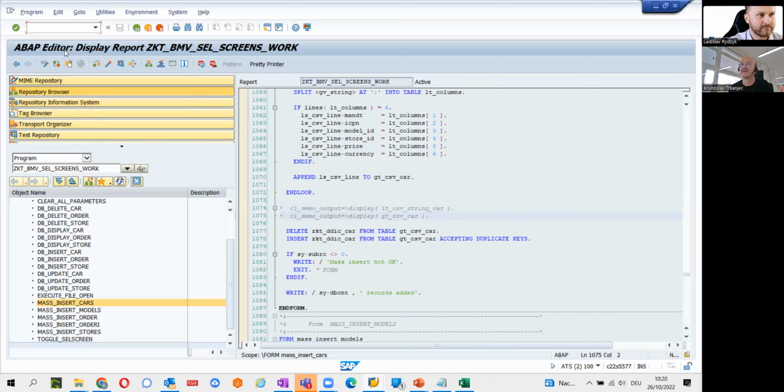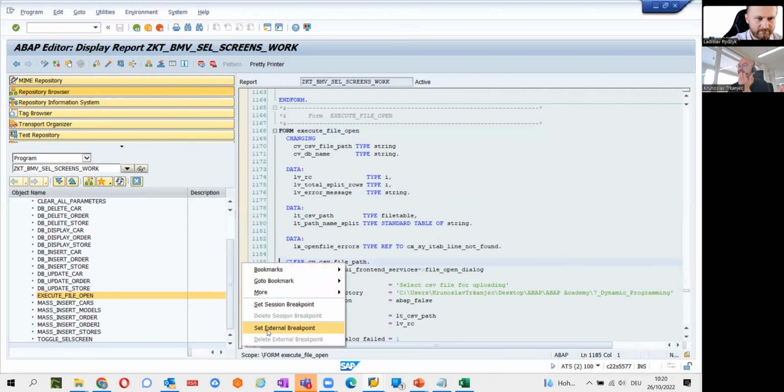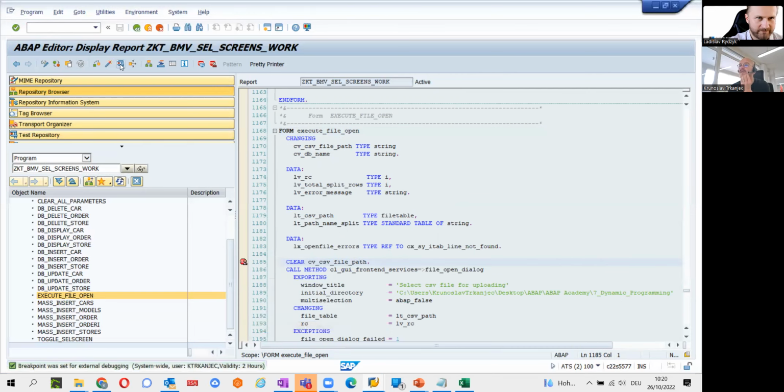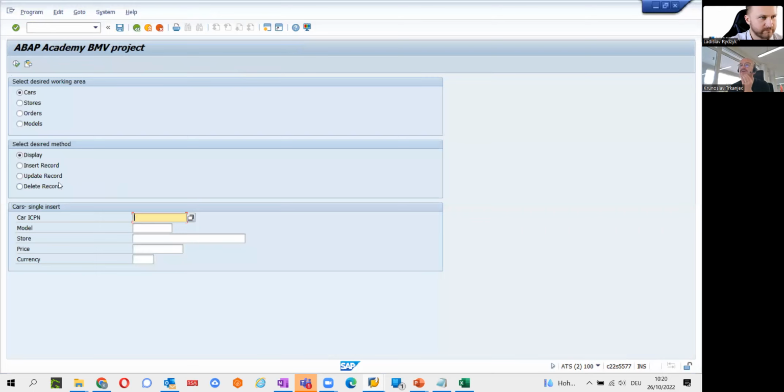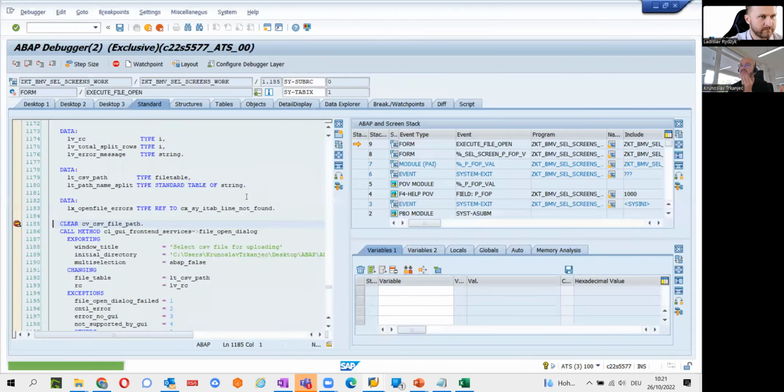My keyboard is not functioning in SE80, but in SE38 it is functioning. But what I'm going to do, I'm going to go here in execute file open, and I'm going to put a breakpoint here. Okay. So now if I go to insert record, and if I choose, okay,